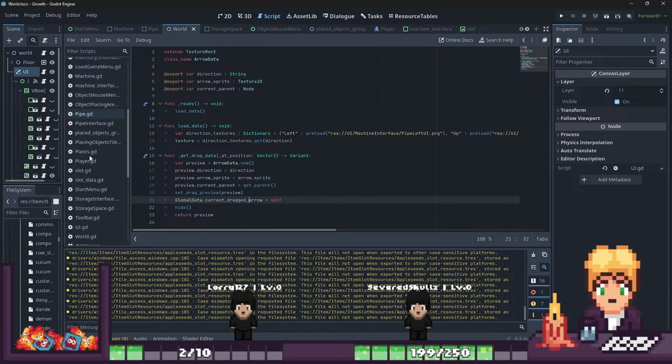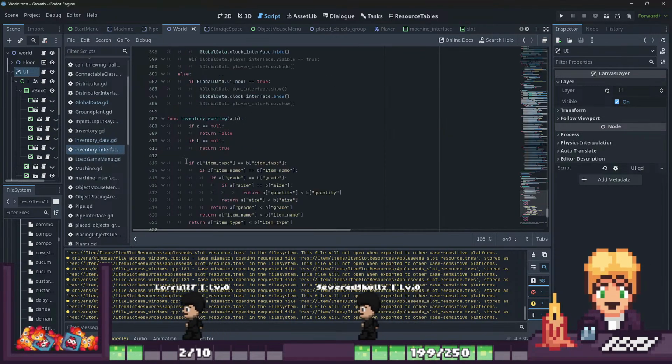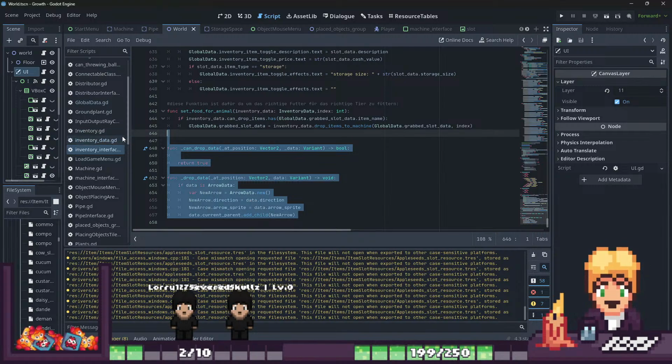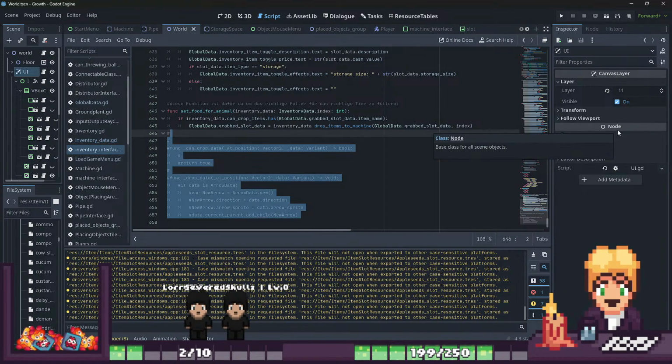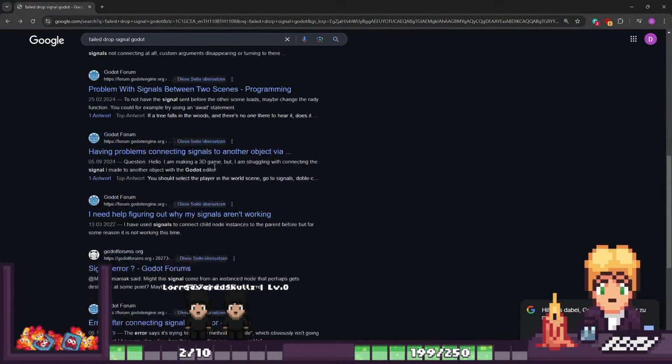Then we need the inventory data thing, inventory interface. Scroll down. This one, actually, we don't need that anymore. That's really cool that you get drag and drop out of the box now. I remember having to implement this myself years ago. I was thinking the same, but